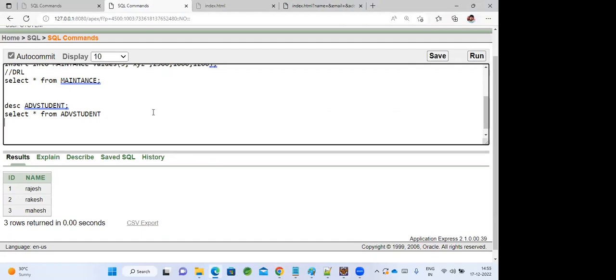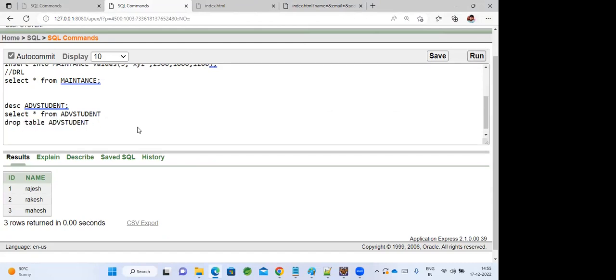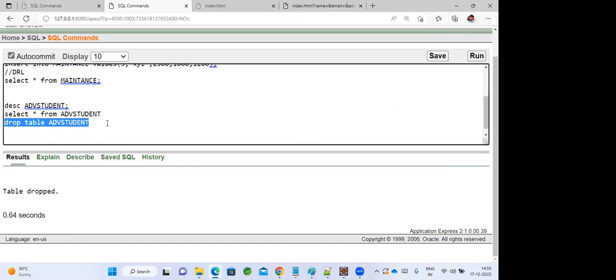Just delete the existing table: drop table student, and the table will be dropped. Create the table again: create table advanced student, name varchar2 of 50, email varchar2 of 50,